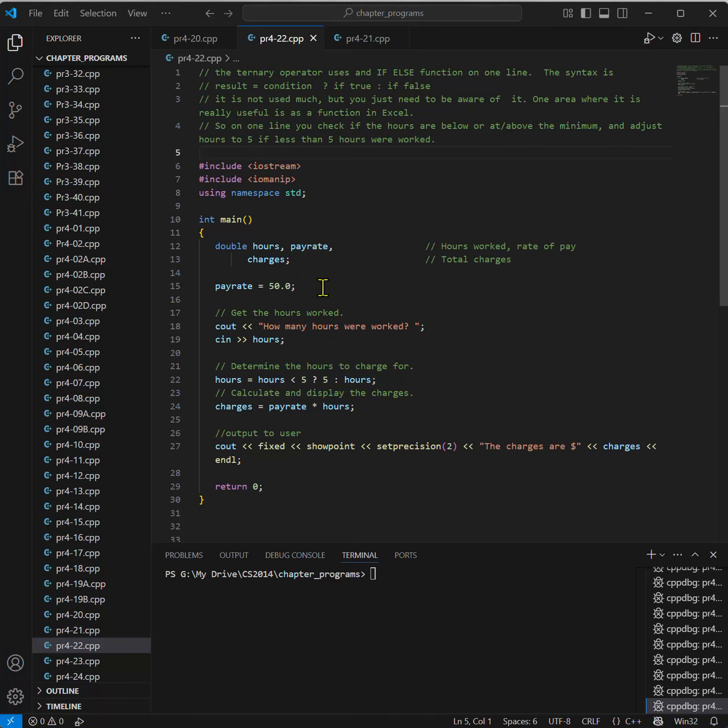Okay, so we're going to look at some other use of conditions, and we've used things like if else, if else. Over here we're going to use another decision structure, and that's the ternary operator. And you see that over here on line 22. And the ternary operator works with three parts. You have a condition,